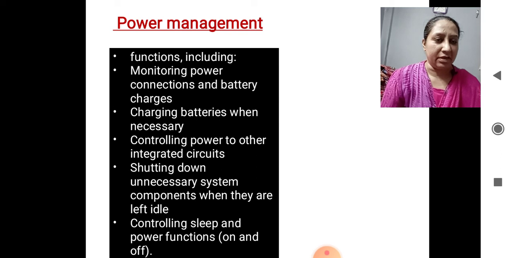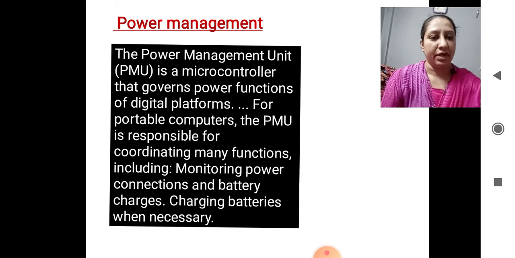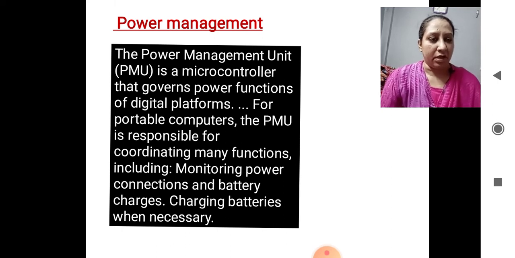Same as in the computer we have the sleep mode, you can put it over here also in the sleep mode. And there is one terminology used called PMU, the power management unit, which is a feature responsible for controlling all the power management part of your mobile. It is up to the PMU how efficiently to look after the battery management of your mobile.